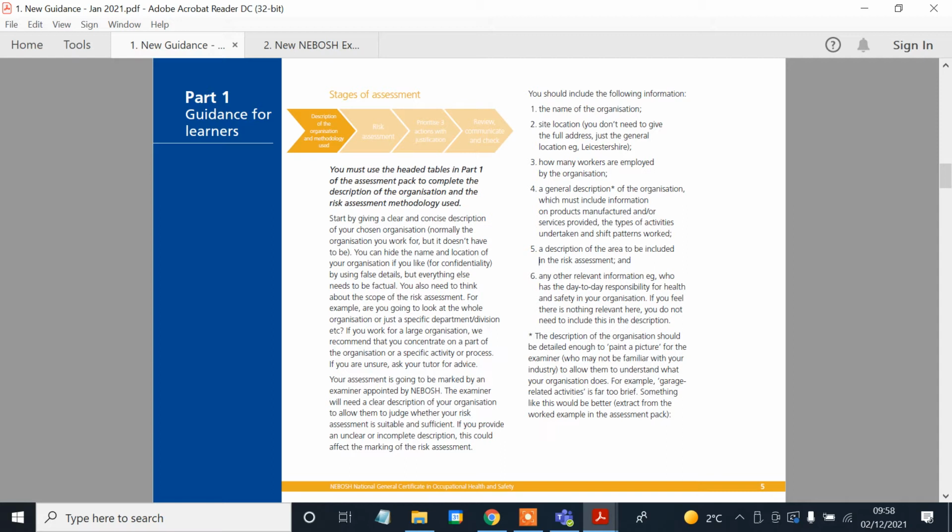And as I said previously, if you don't find enough hazards, that's why you would then increase the area that you inspect. But that's what goes in point 5. And I'll show you how this will look in the example document that NEBOSH provide. Any other relevant information, which you saw on the second page of the risk assessment, who has day-to-day